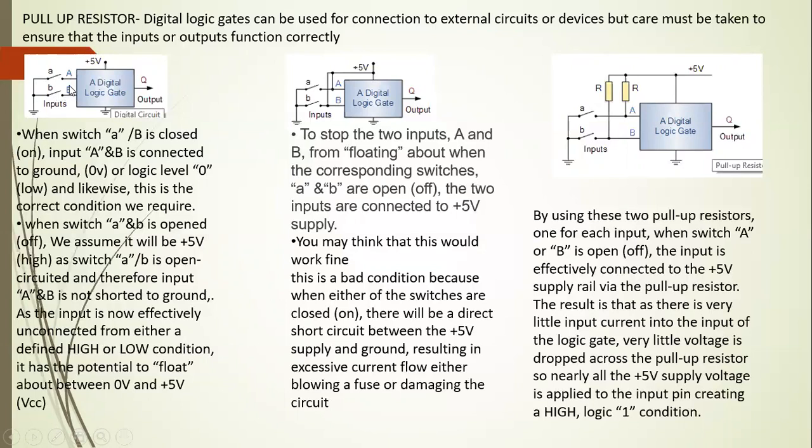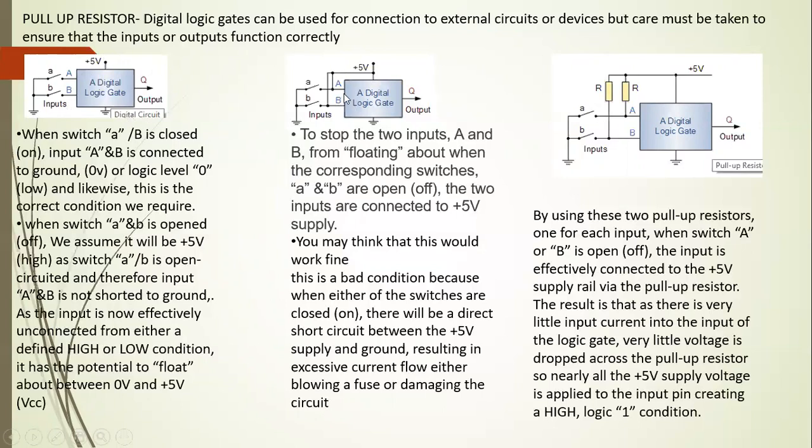Now if their value should be 5, then they should be connected here. If they are not connected here, it implies that when these two switches are open, A and B can attain any value between 0 and 5 volts. So this is basically a floating condition, which is obviously not an acceptable circuit. So, moving on to the next circuit.